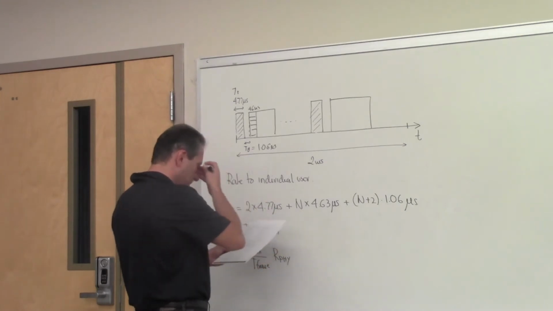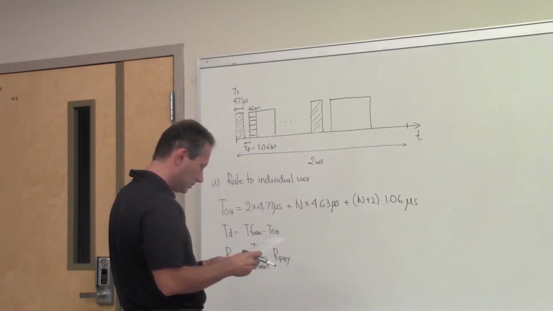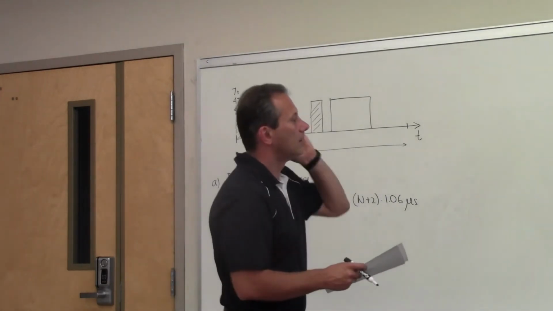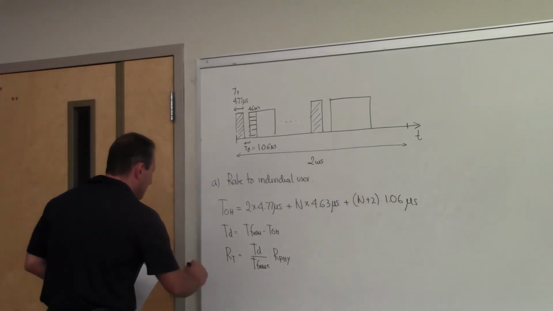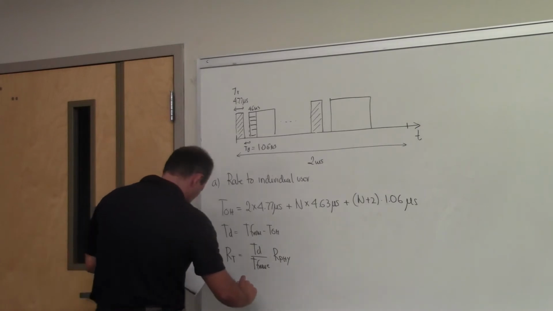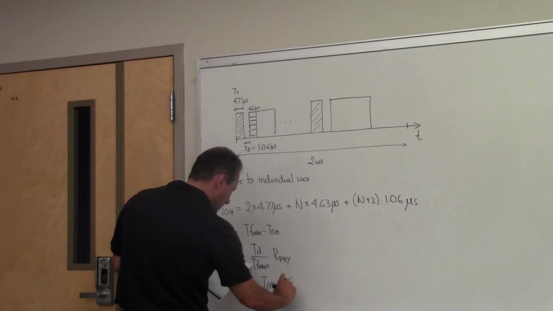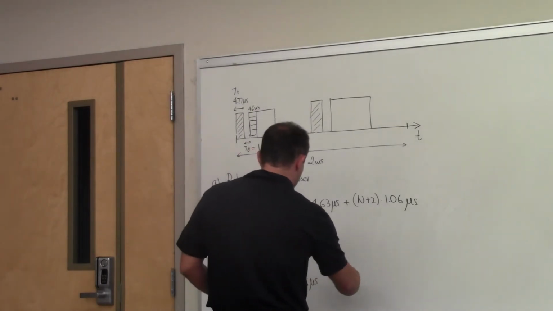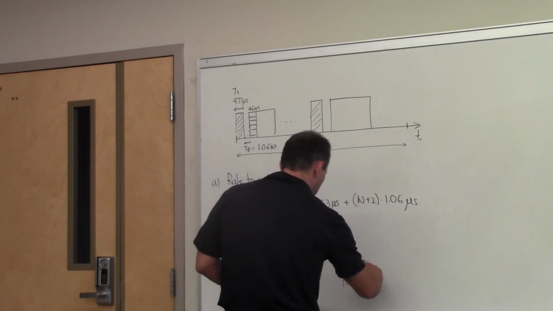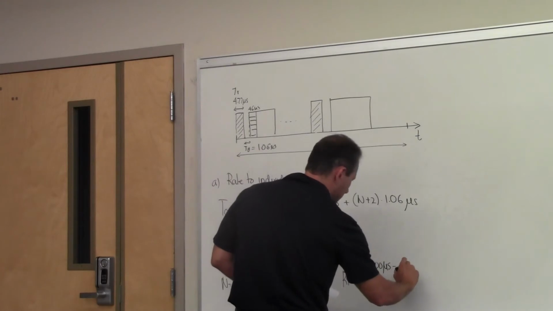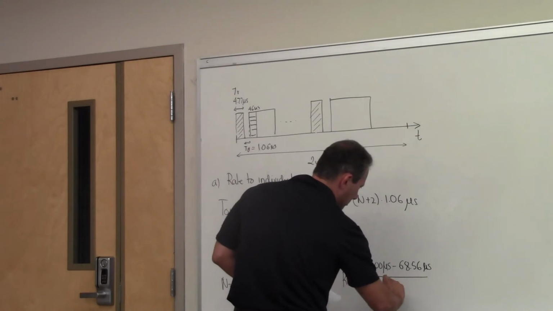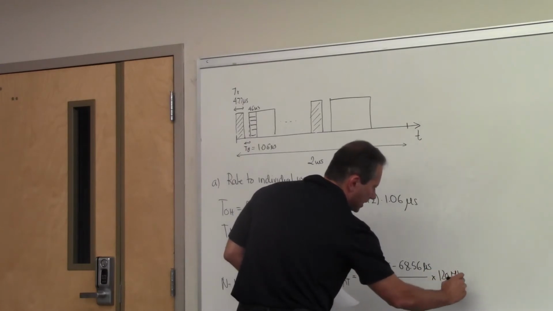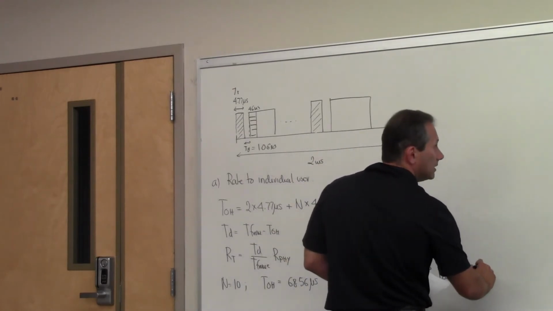So when you do the calculations here, I assume n equals 10. Why do I say 10? Oh, it says shared by 10. Okay, all right. So if I assume n equals 10, then this is what the calculation gives you. T overhead is 68.56 microseconds. And then the total rate, RT, available to all the users becomes 2,000 microseconds minus the overhead, which is 68.56 microseconds, divided by 2,000 microseconds, and then times this 120 megabits per second, and this gives you a rate of 115.89